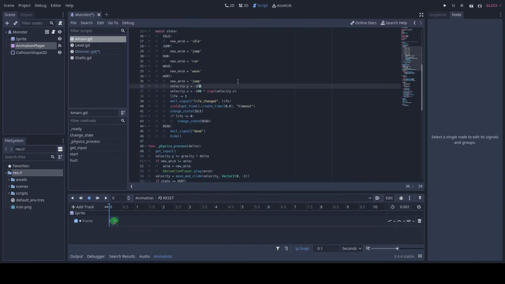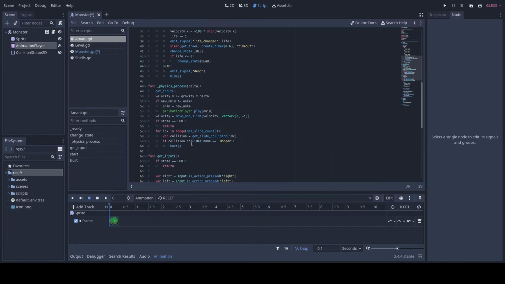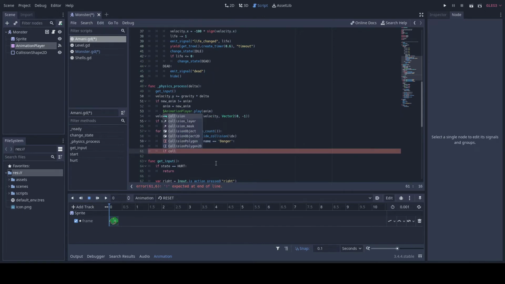We're going to go all the way to the function for physics process, and below here, after calling the hard function, we want to add just a bit of code. So what we want to do is go ahead and check if the collision is between a money and an object that is in the enemies group that we've just created. So if collision.collider.is_in_group, and the group right here is enemies,